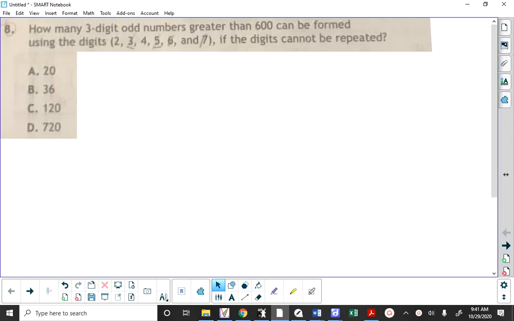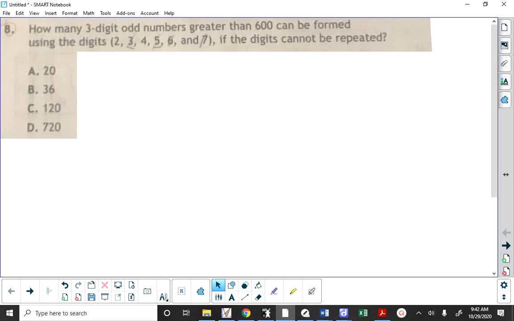But there's a bit of a problem because if the number has to be greater than 600, then it can start with a 6. Any of these arrangements that starts with a 6 will be greater than 600. Or it can start with a 7. If it starts with a 7, then it's going to be in the 700s, and 700s are bigger than 600. But here's where the problem comes in. If it starts with a 7, then that affects the number of different odd digits that you can put at